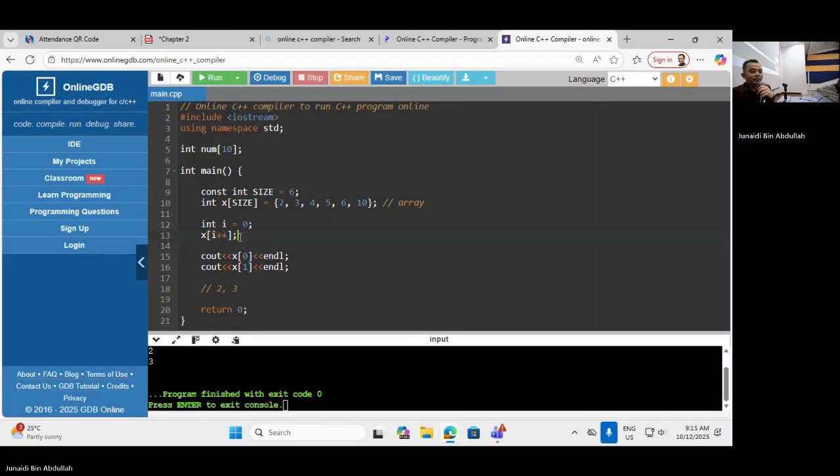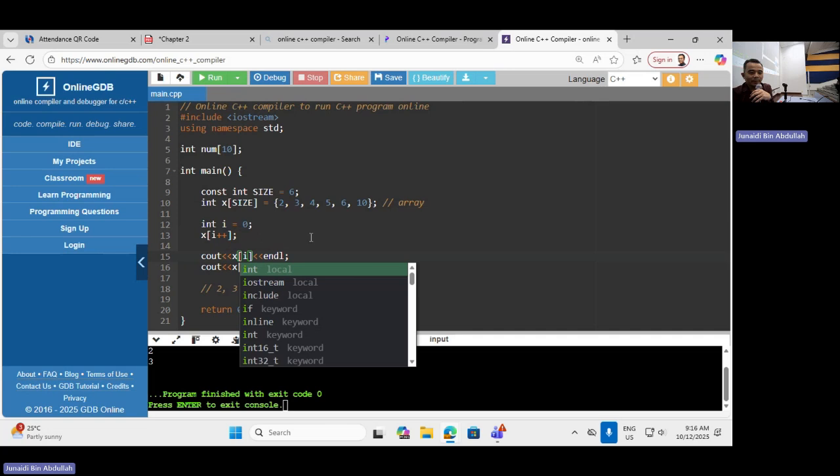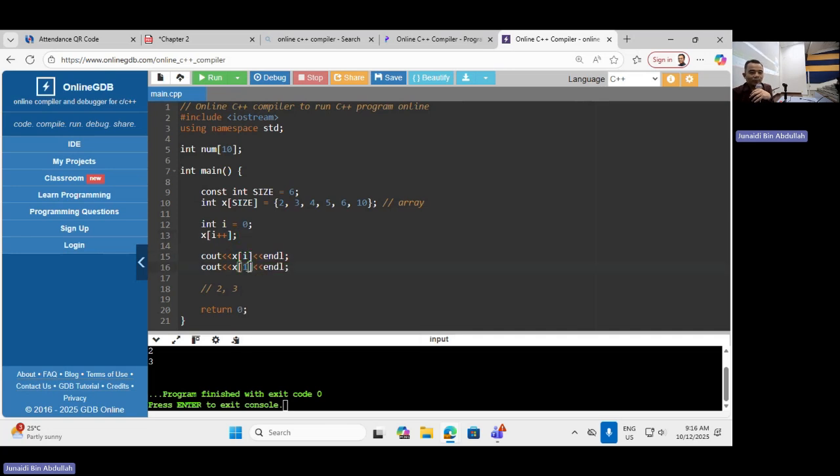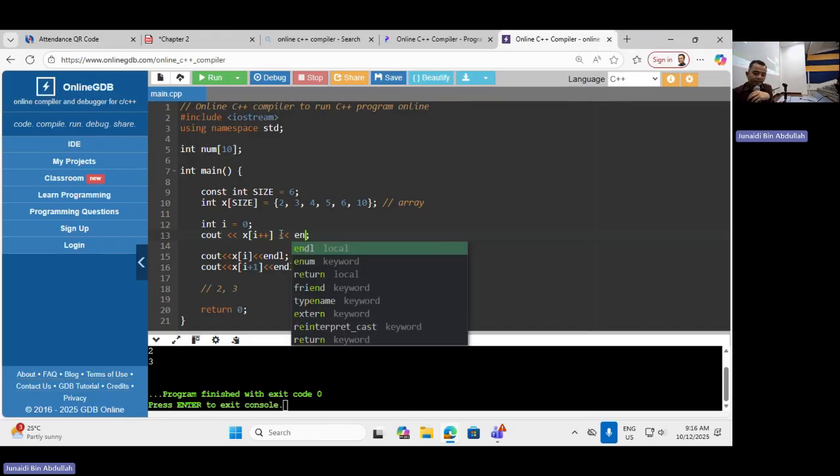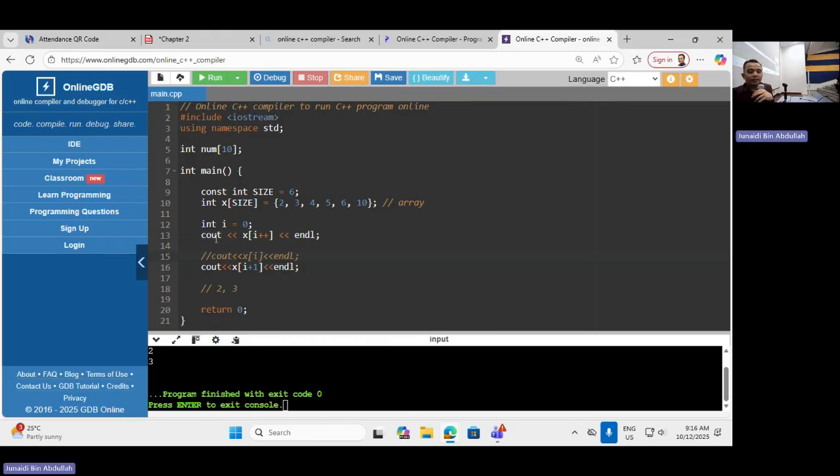So that means this is actually x0. Okay, nothing happened, right? So this one is supposed to be, sorry, this is not a good example. So this one, I, this one is also maybe I plus 1. Okay, so this one is supposed to be cout again. Right, maybe not a good example. All right, so this is a good example. All right, so here, cout,